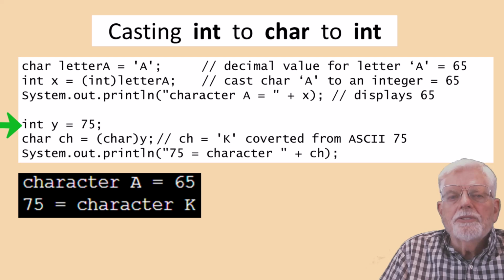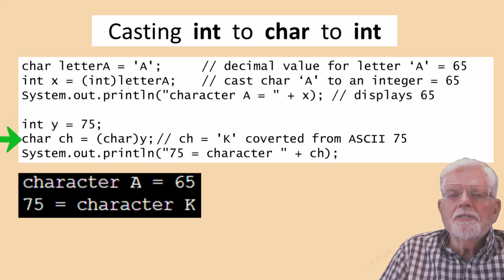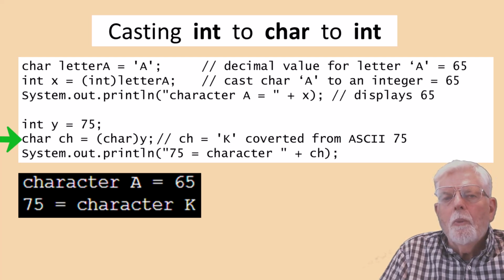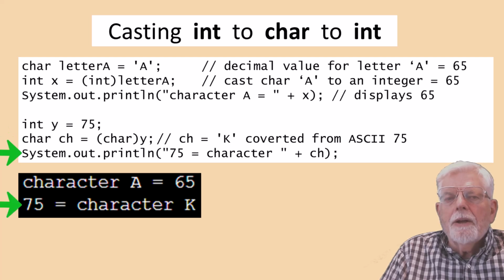int y = 75; char ch = (char) y; The comment: ch equals 'K', converted from ASCII 75. System.out.println("75 = character " + ch);